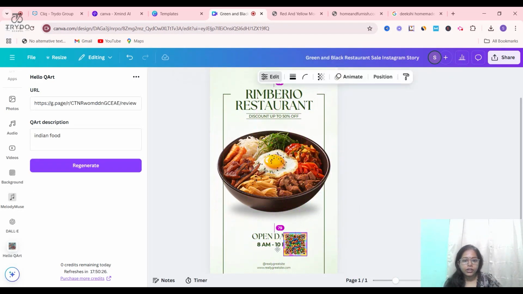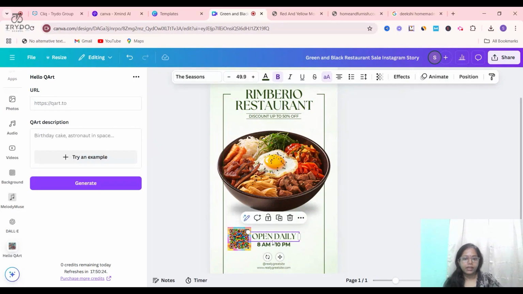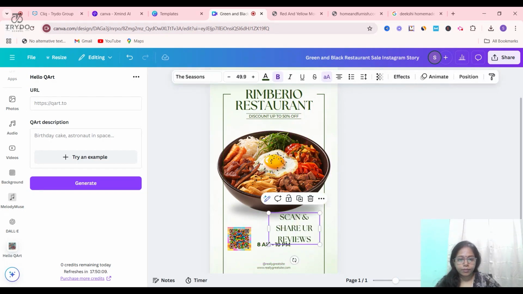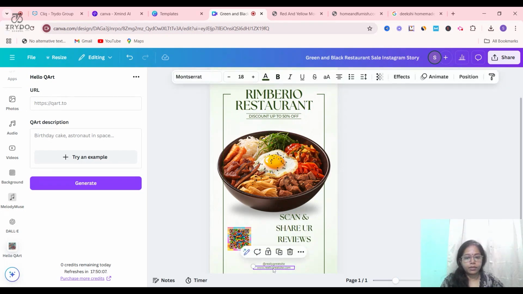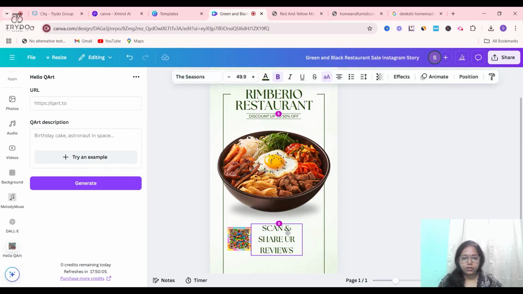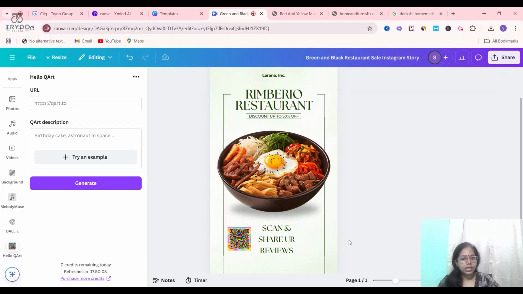You can place it over here, like "scan and share your reviews." So you can have this in front of your store, or you can send it on WhatsApp or any other social media platforms.